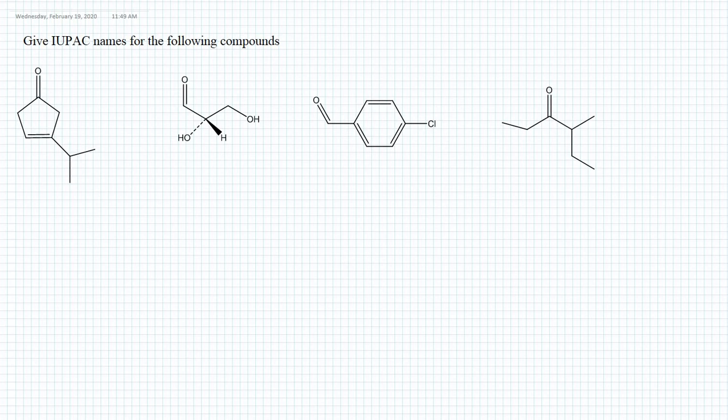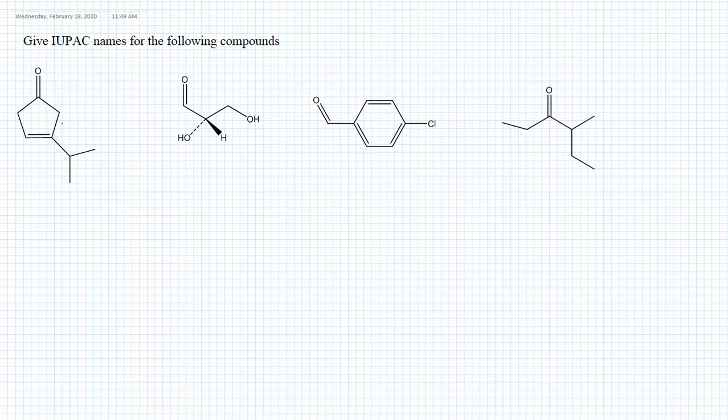Hi, in this tutorial we are going to solve a question related to naming of aldehydes and ketones. The question asks us, give IUPAC names for the following compounds. Let's start from the first structure. If you look at the first structure, we can see that this is a ketone, and here we have a